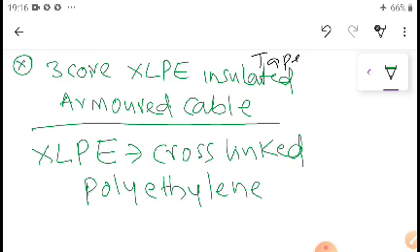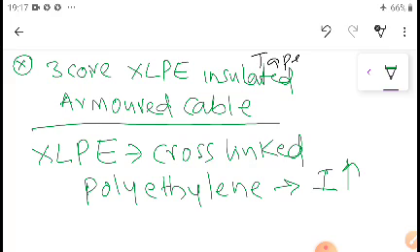Okay, polyethylene. P means polyethylene cable. So it is a property of high current capacity rating cables. Current carrying capacity is more in case of XLPE cable, and long current capacity is more and long life, and